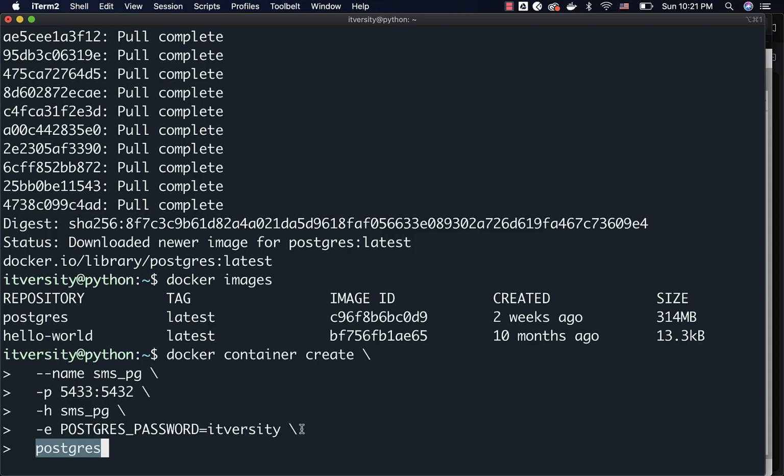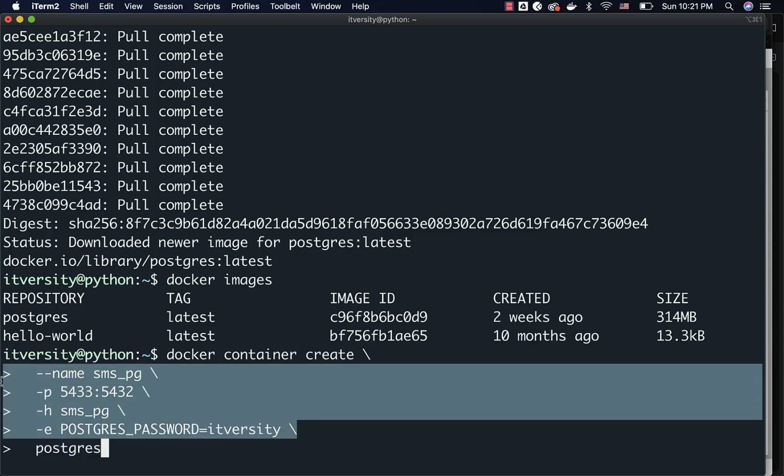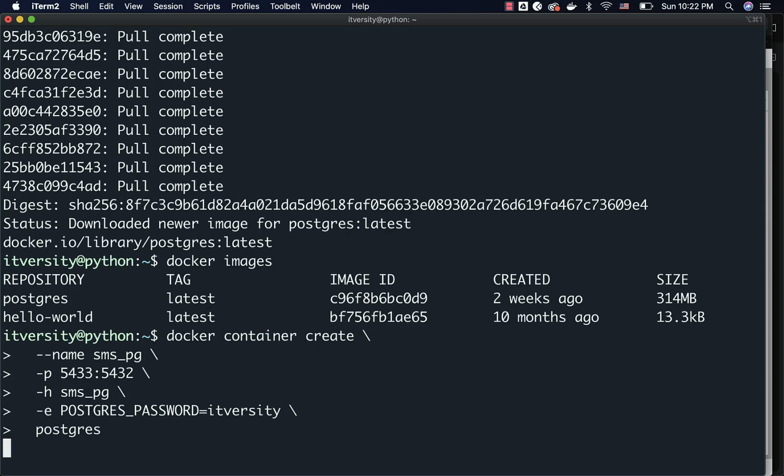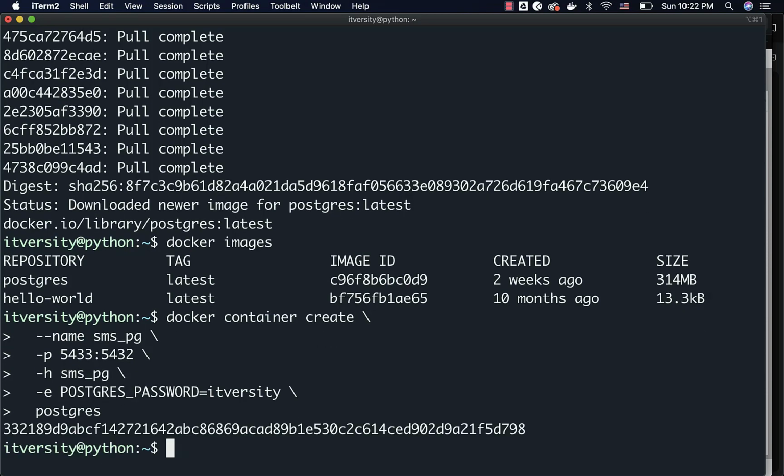These are the pieces of information that will be used while creating the container. Name is for the container. -p is primarily to publish the port of the database onto the host. -h is to set the host name for our container. -e is to pass environment variables such as Postgres_password. There are a few other control arguments. We might be using those in future depending upon our requirement. For now, this is enough to create the container which will run the Postgres database in it. Now let me run this and it will take care of creating the container.